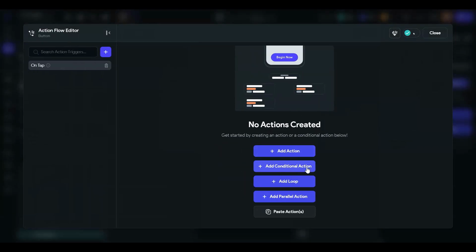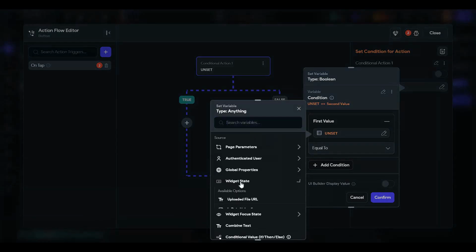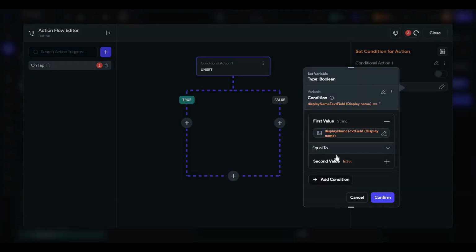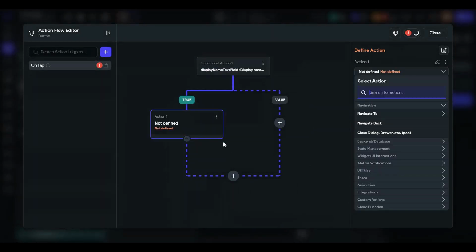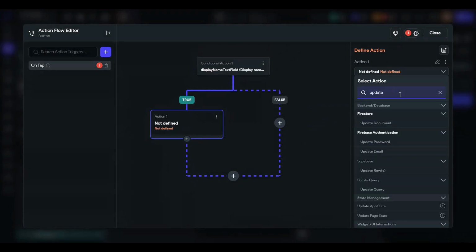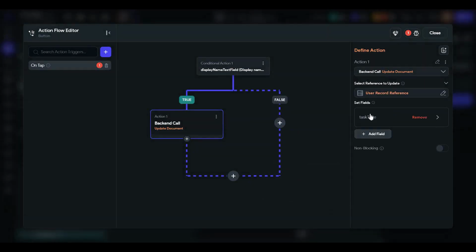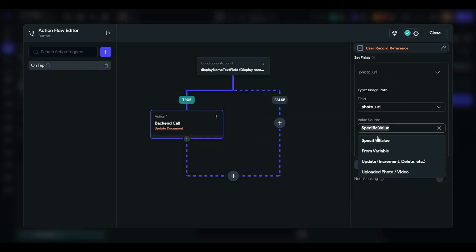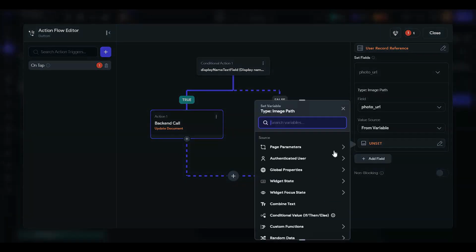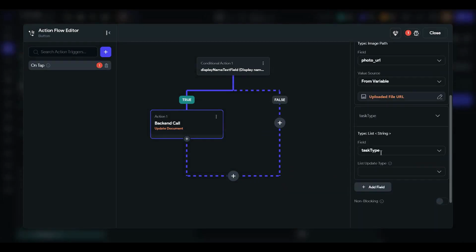We will update the profile. We will add a conditional action. Condition: if the widget state display name is set and non-empty, then add an action. Update document of the authenticated user reference, photo URL from variable, the widget state, if you have uploaded anything or not,